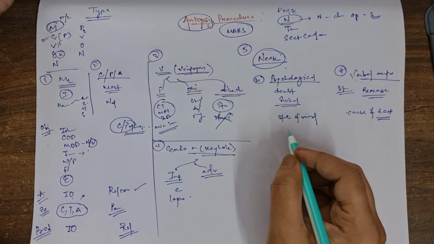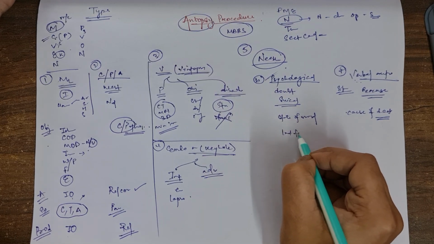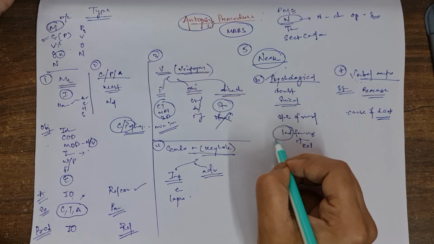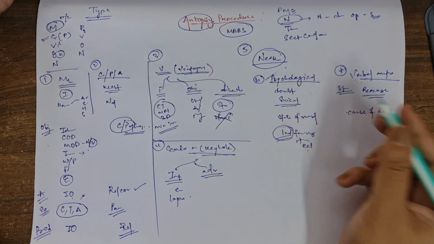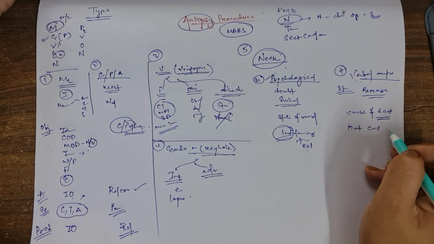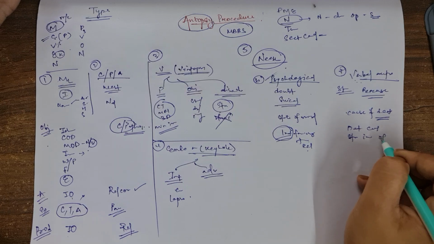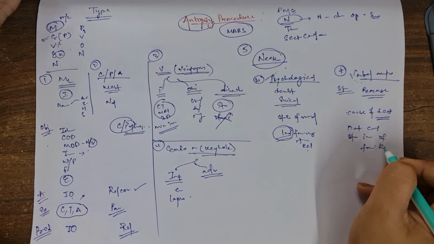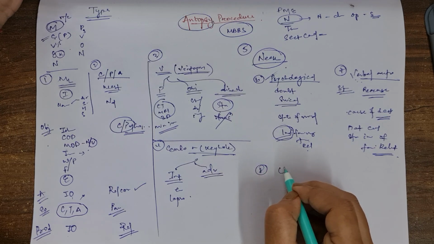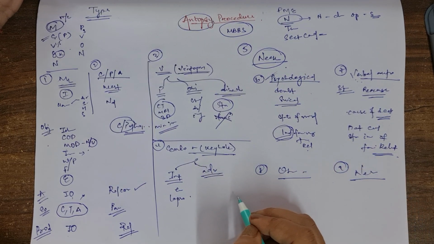Then procedure. How do we do this psychological autopsy? First we interview the family, friends and relatives. In verbal autopsy, the data is collected by qualified people, who do a structured interview of family and relatives. Okay. Next, the eighth one is obscure autopsy and the ninth one is negative autopsy.